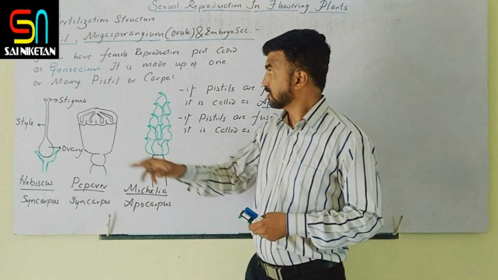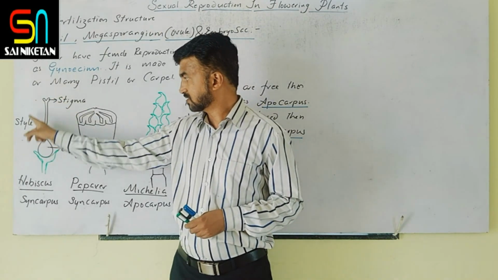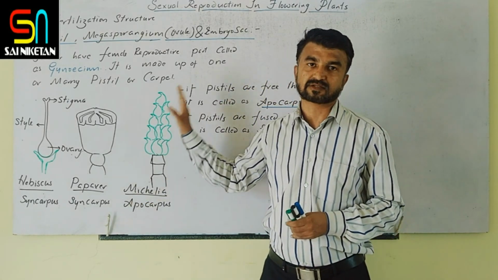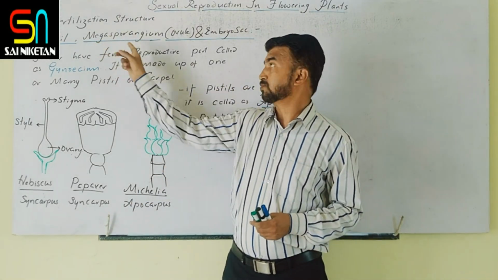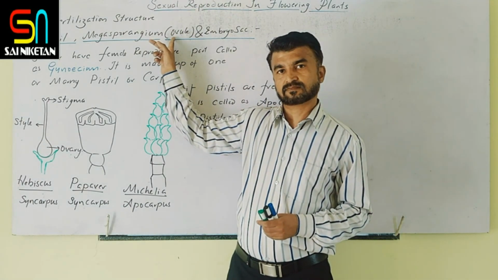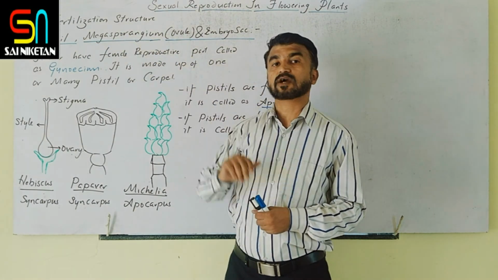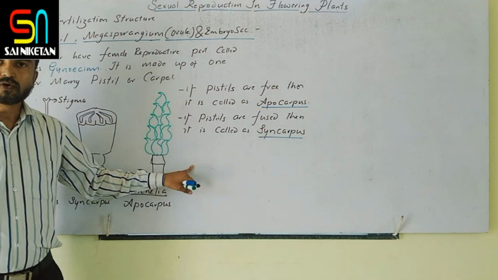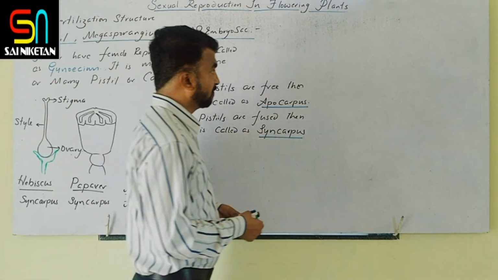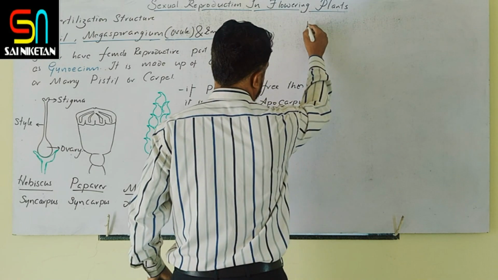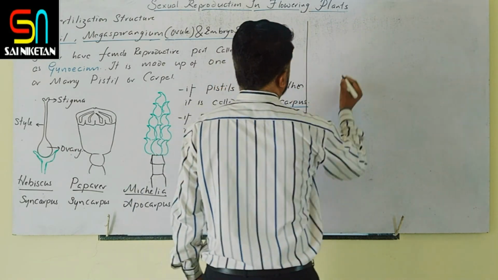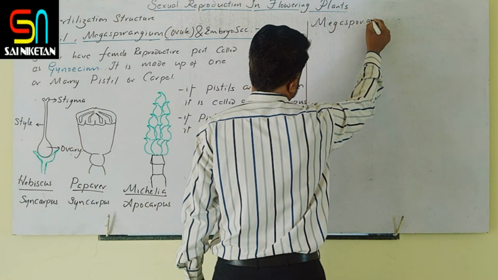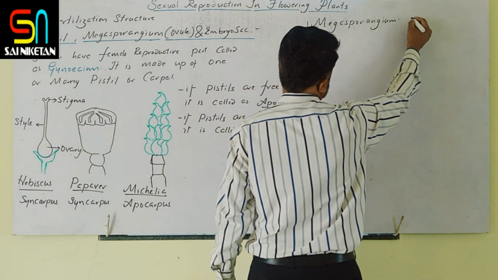Now whatever the headings we have written, first one is the pistil. This is a gynoecium which is made up of pistil. Clear? Pistil description is done. Second one is megasporangium, that is nothing but the ovule. Yes, the next heading is covered. Megasporangium is present inside this ovule. So when you take the transverse section of ovary, ovules are present. So ovule means figure I will draw and description I will give. So next heading is megasporangium or